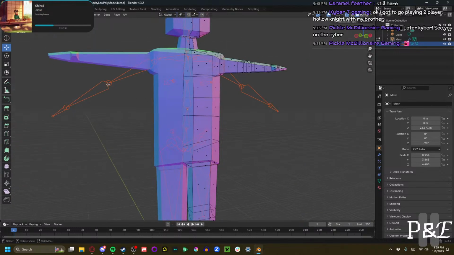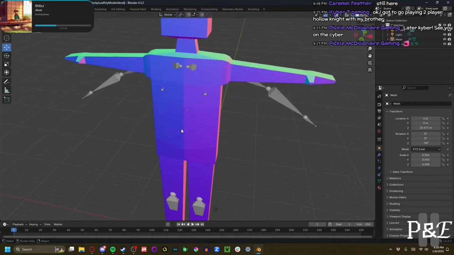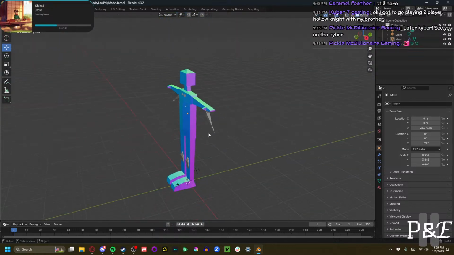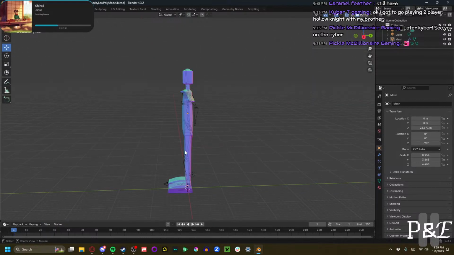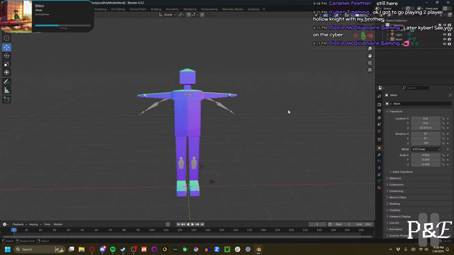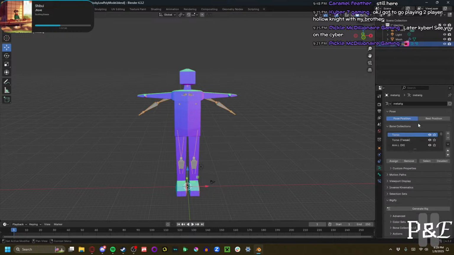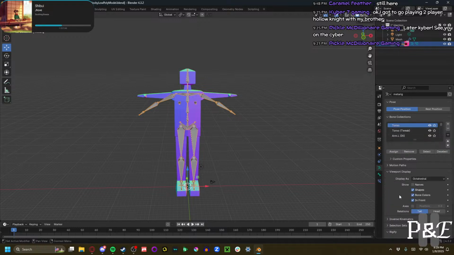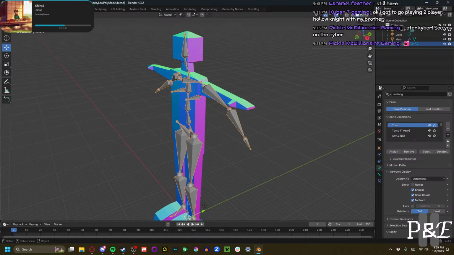What? Something weird happened here. Okay, that's what I had to select. I remembered there was like an in front thing. Alright, cool. So now in edit mode,